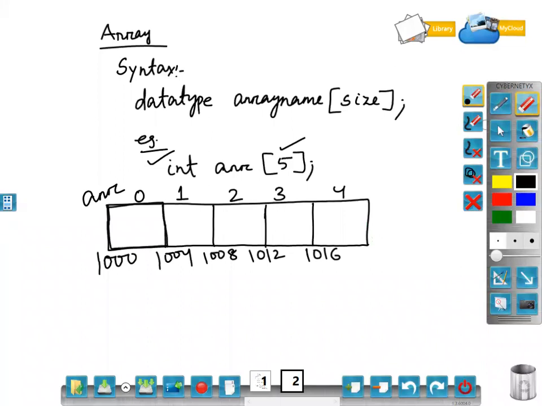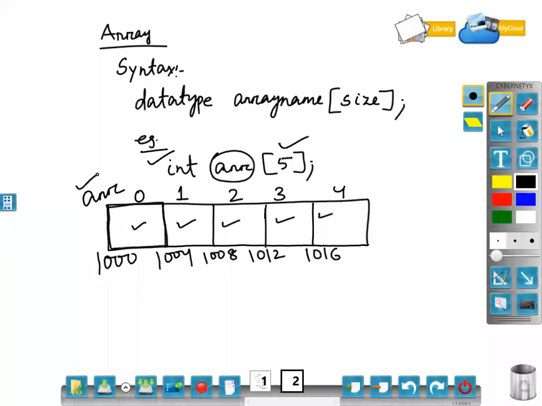Clear? Now see, I have requested for 5 blocks. Now 5 blocks of memory are being allocated to me. But what is the variable name? Only a single variable name, that is arr. Okay, any variable name you can say, A, B, C, D also you can provide, not a problem. Clear? But memory will be allocated sequentially. That means consecutive memory locations are being allocated to store similar type of value. That means now you can say what is array.